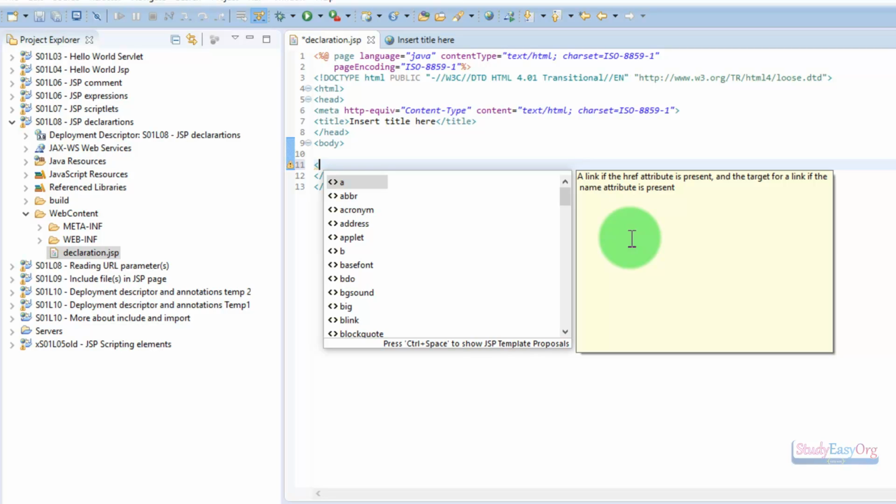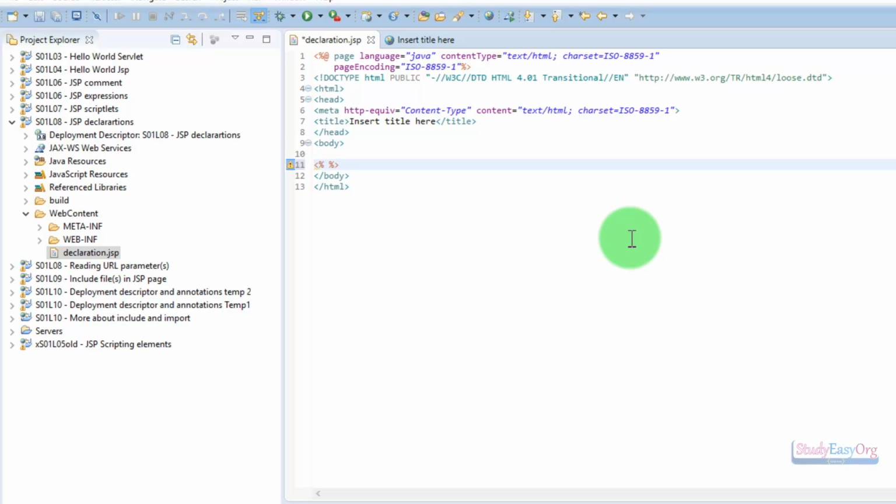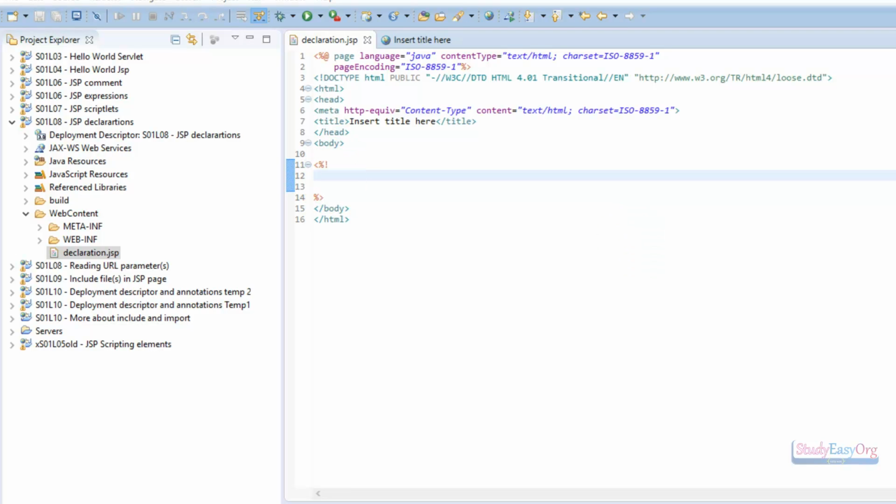Now let's add one declaration scripting element, and the syntax is pretty simple. We make use of JSP tag followed by exclamation mark. So this is the tag for JSP declaration scripting element. Now inside this particular scripting element we can definitely declare private or public variables with ease, and there won't